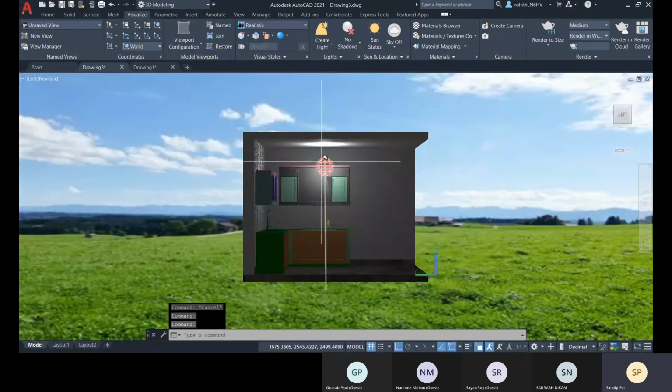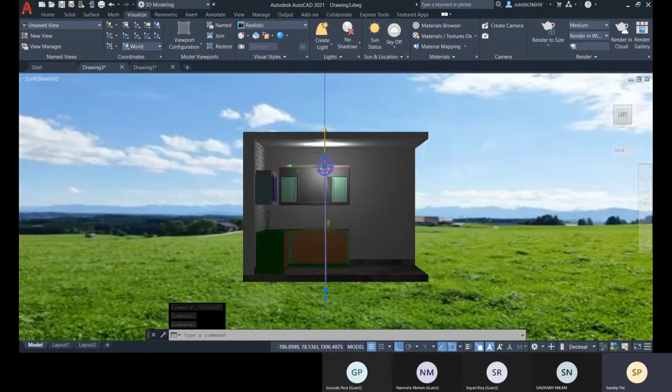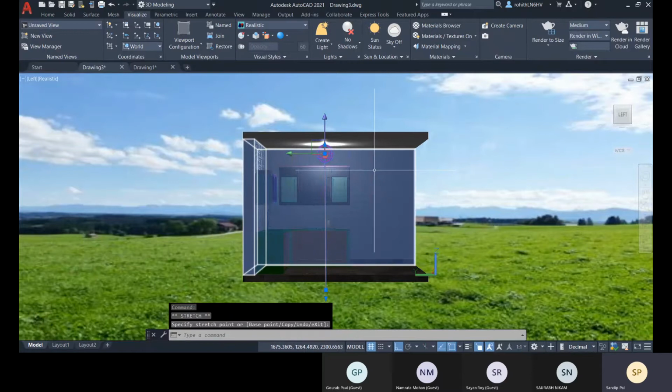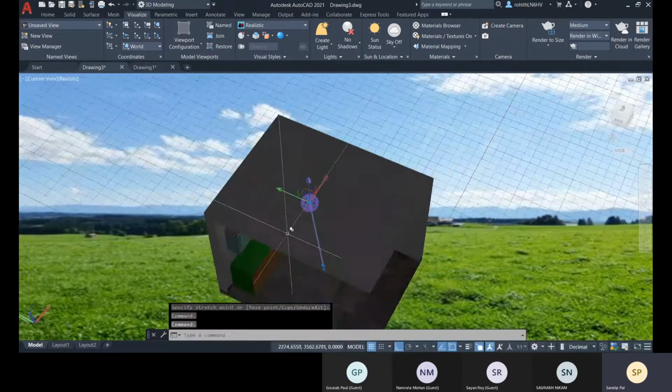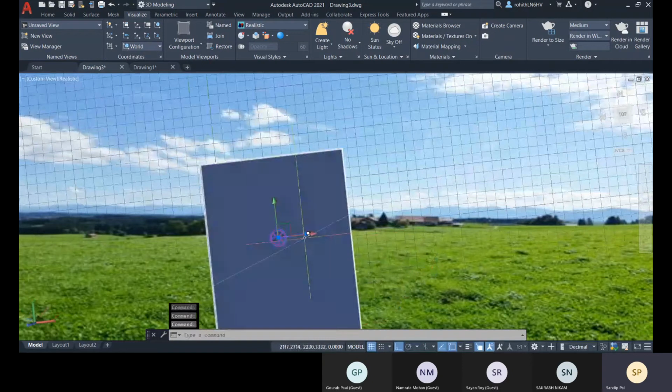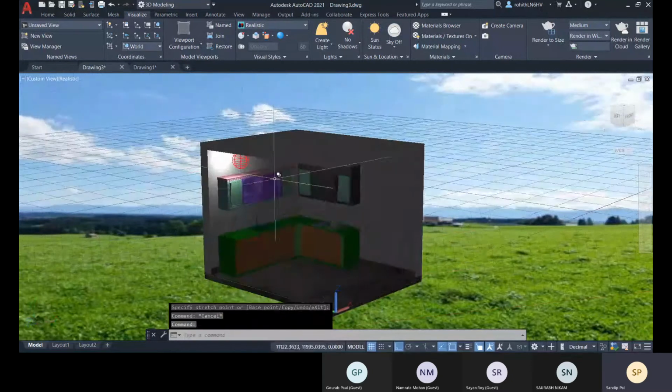Okay, so now from the left view, let me change it and let me change the position over there. Yeah, so now what I'll do is I'll copy this.